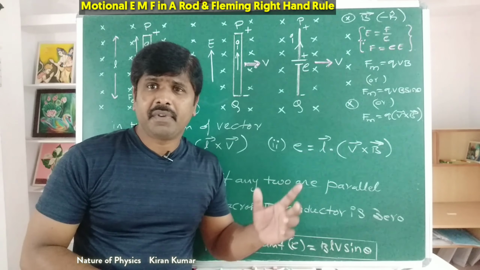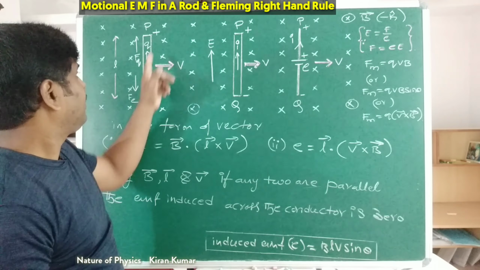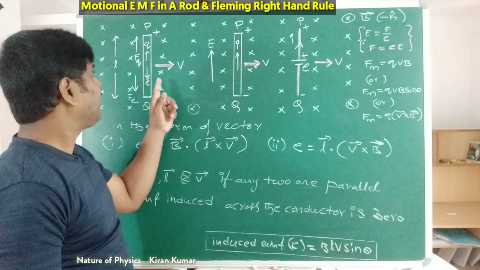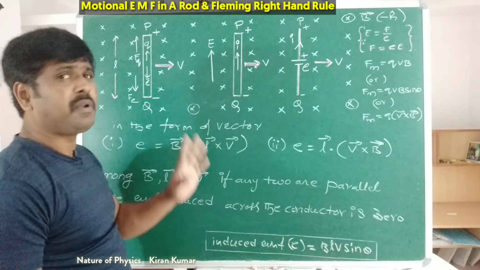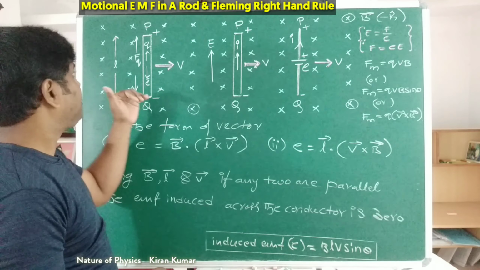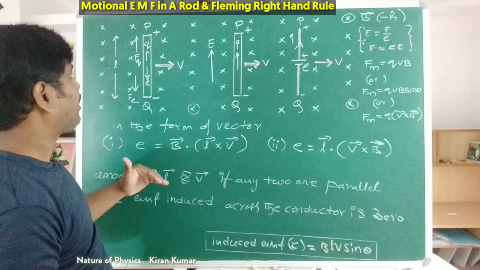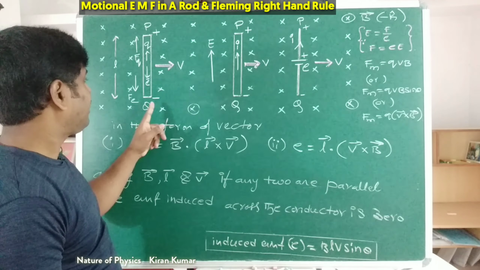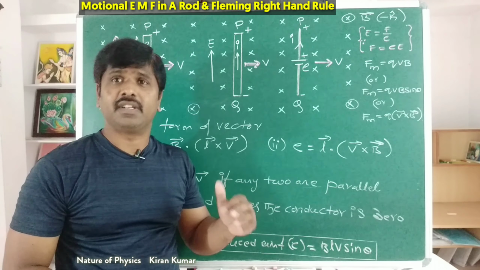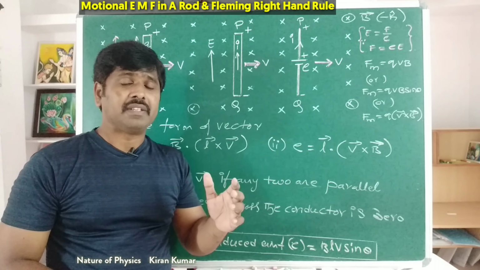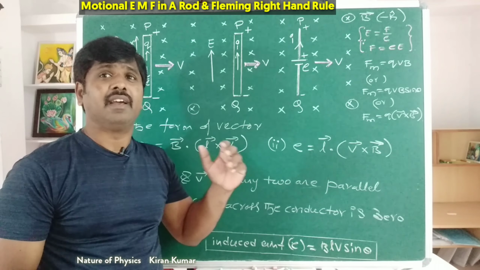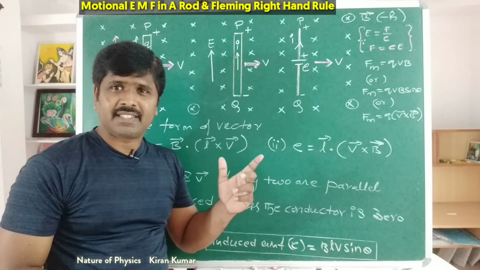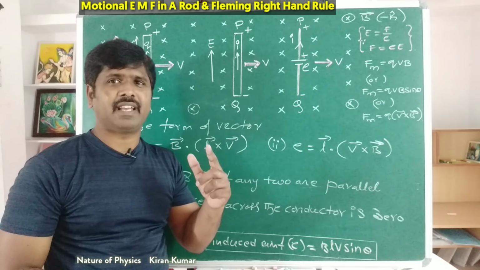Okay, already we know positive charge and negative charge are induced due to the motion of the conductor with a velocity v in a uniform magnetic field. That's why positive charge moves up and negative charge, the electrons, move in the downward direction. That's why there is positive charge at the P end of the rod and negative charge at the Q end of the rod. Why is the potential difference developed? We did that, but which potential is high and which is low, next we will discuss. Very interesting. Just a second, I will clean.